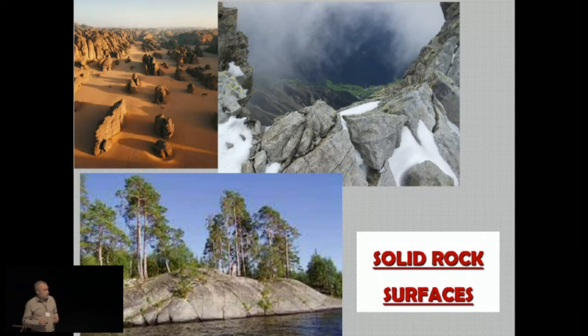You can find them also in the plains, in temperate, humid areas, in regions affected by geologically recent late Pleistocene glacial erosion, like in Scandinavia. Also, they are common in extreme desert environments. Solid rock surfaces,